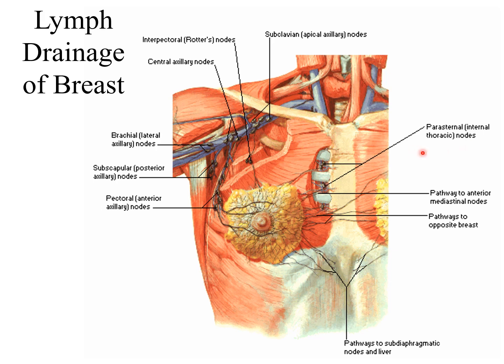They are draining into this area, and some of the superficial lymphatics are going towards the diaphragm and the superficial part of the abdomen to the liver also, and some of the lymphatics are moving from right breast to the left breast. So why is it important? This is very important because the spread of the breast carcinoma occurs through this lymphatic pathway.